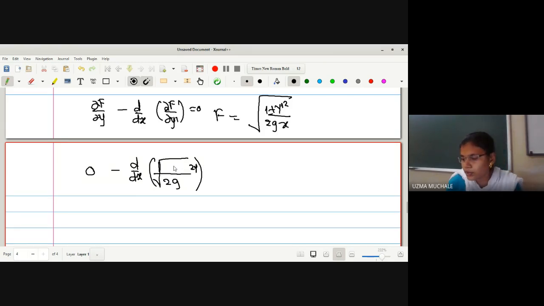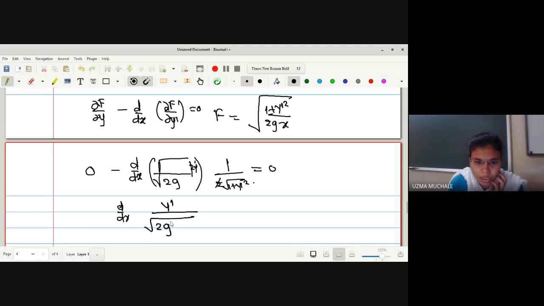So the derivative of under root of 1 plus y dash square is nothing but 1 upon 2 under root of 1 plus y dash square. So this 2 can get cancelled, which is equal to 0. So we get d by dx of this, the minus sign we can also merge, and it will be nothing but y dash upon under root of 2g. x is also treated as a constant. As we are partially differentiating with respect to y dash, at that time we can treat x as a constant. So under root, this is nothing but 1 plus y dash square.